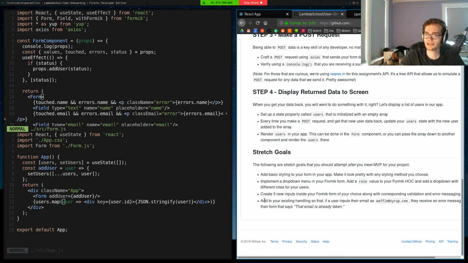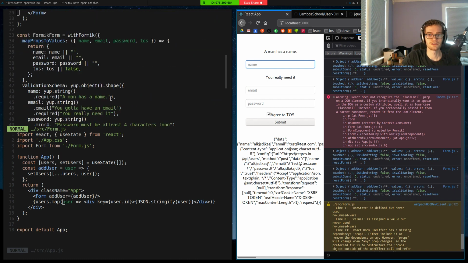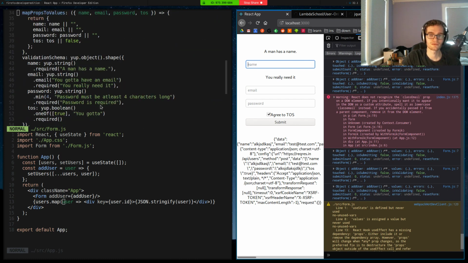Okay, add to your existing handling so that if the user inputs their email is waffle@syrup.com, they receive a message in their form saying that email is already taken. Because this, again, highlights this kind of flow of data between where Formik keeps all of its state and then our component as it receives the data as props. So one way to do this, which is the wrong way,